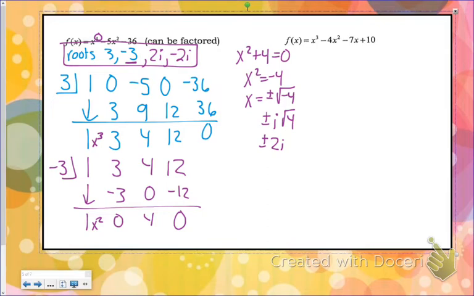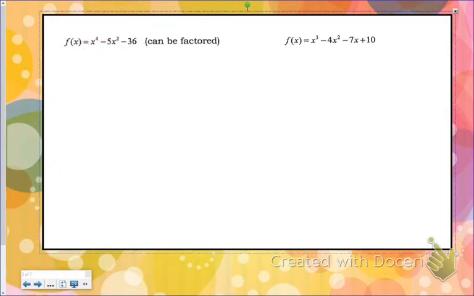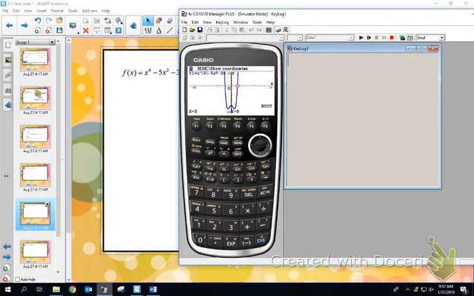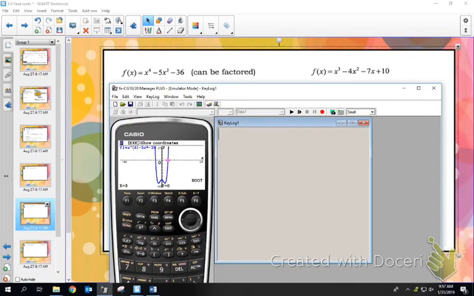All right, so let's try the next one. Okay, we're going to do this one a similar way. We're going to check our calculator to find our roots to start. Okay, so I'm going to type in that polynomial. So that one is